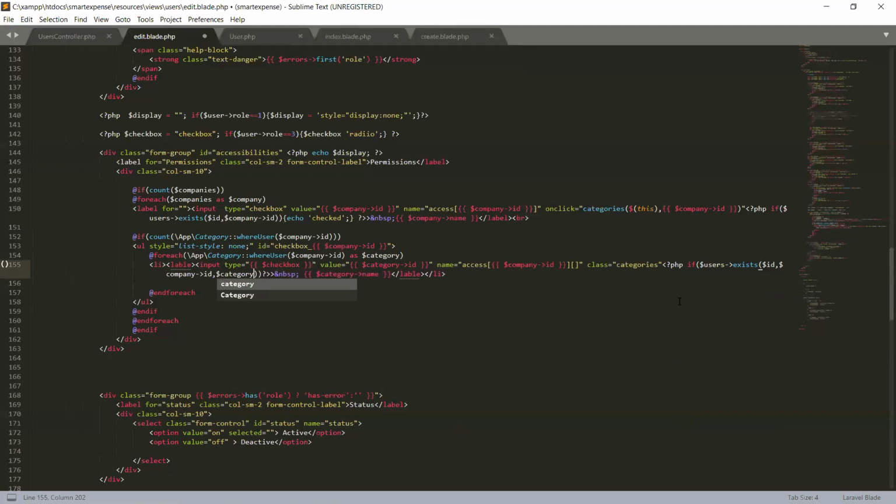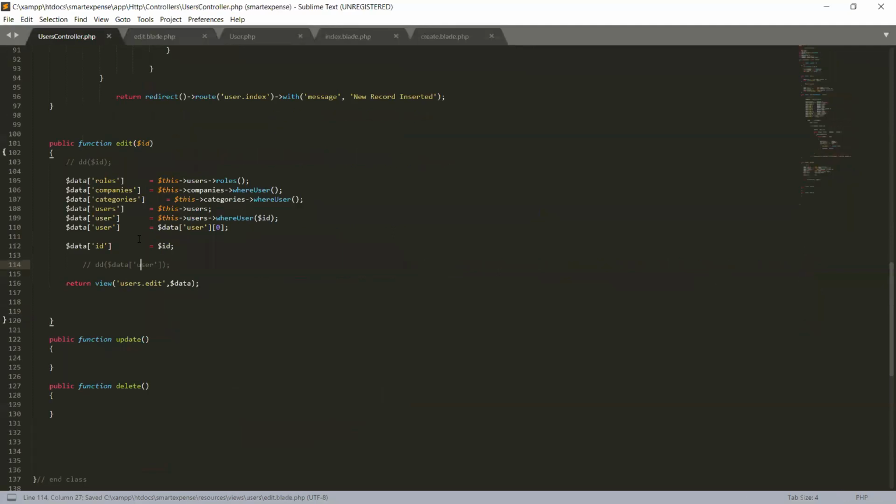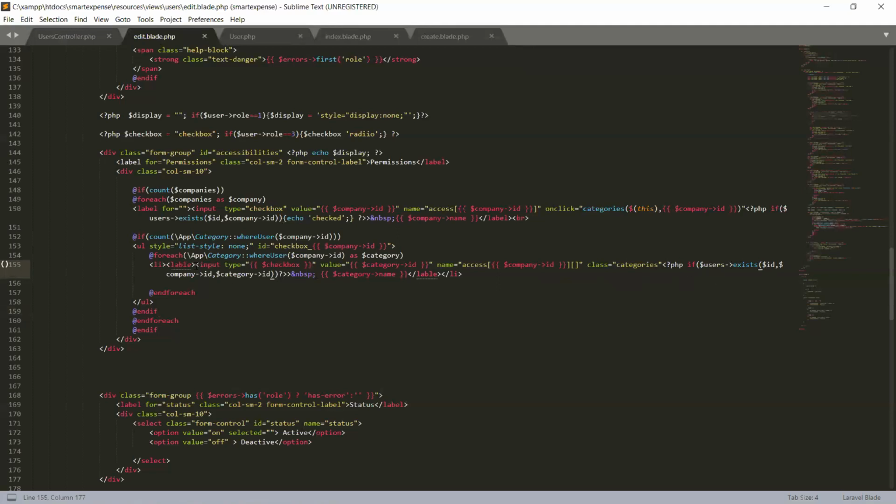Category ID. So where will we get these IDs from? This ID that we are already seeing, it will get from the data ID that we are passing to edit the user ID. And the company ID, it will get from, we are iterating companies as company, and we are getting this company ID. And the category ID, we are also iterating the categories.